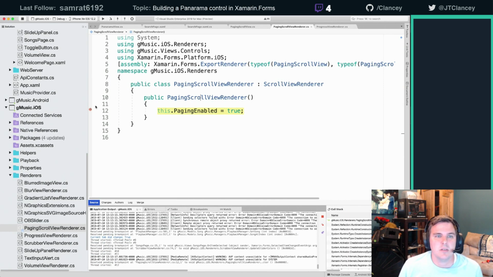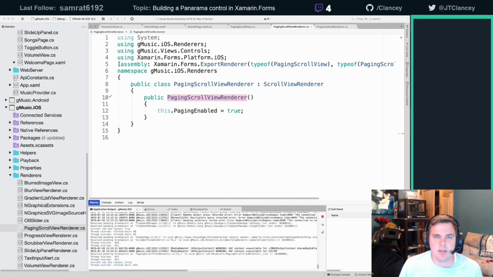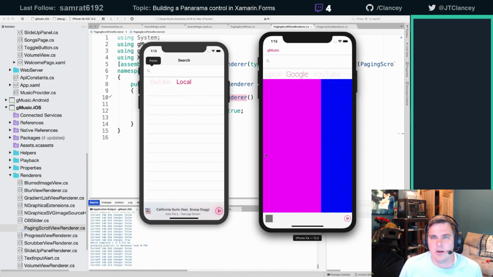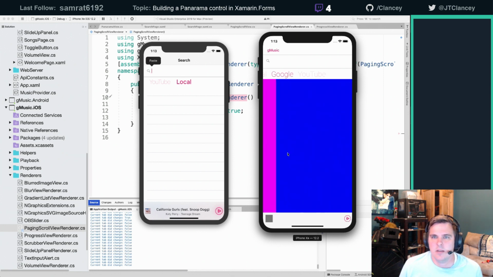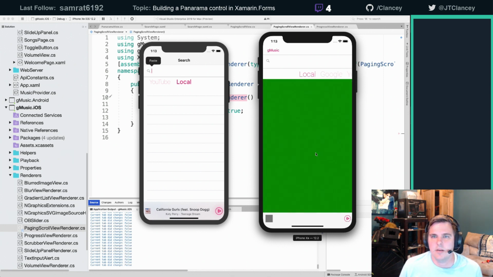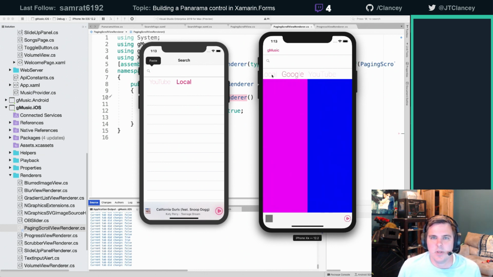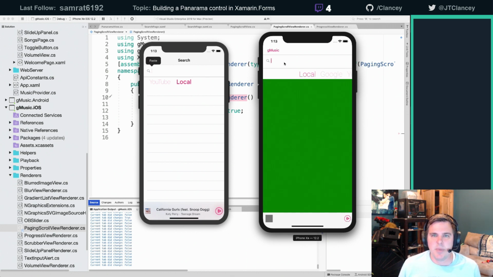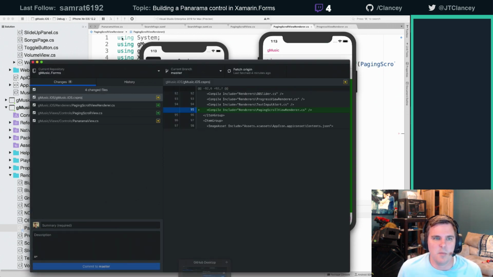Aha, paging is now enabled. Oh, that's perfect. That's what we wanted. I like it. I like it a lot. And we can click through here. Okay, now that we have the basis done, let's actually start making search stuff. All right, so added, ooh, why is my caps lock on? Added,